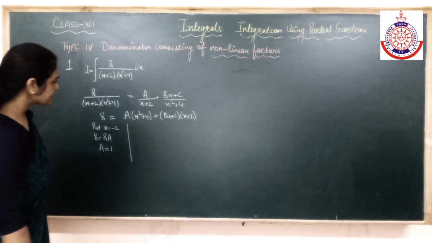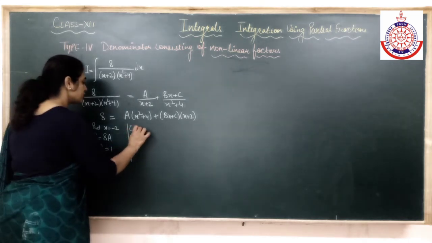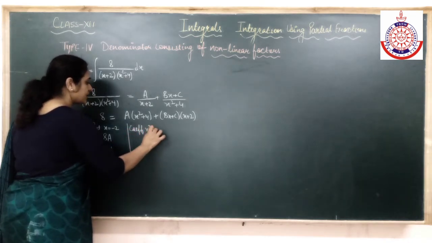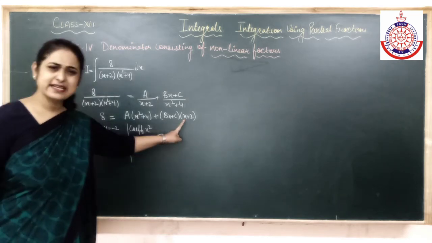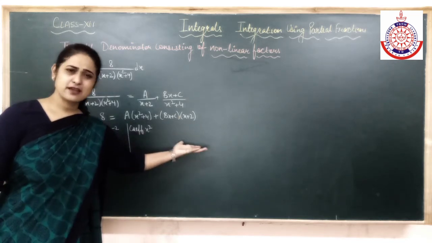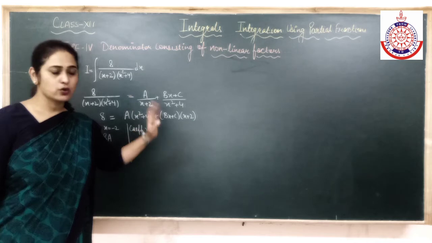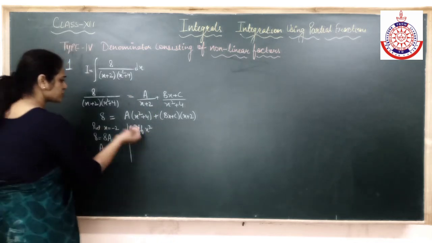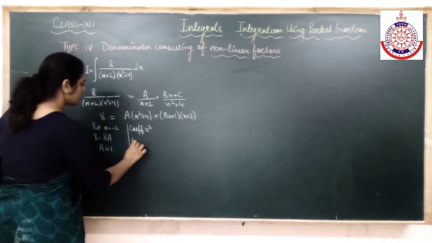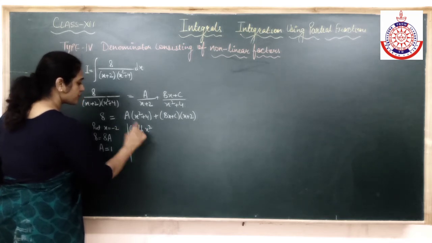Alright, let's compare some coefficients. Say the coefficient of x squared, because I don't have any other number right now. It was clearly x plus 2, so I put x is equal to minus 2, so this term becomes 0. Now you can compare the coefficient of x squared. No coefficient of x squared here, 0. The coefficient of x squared here would be a.